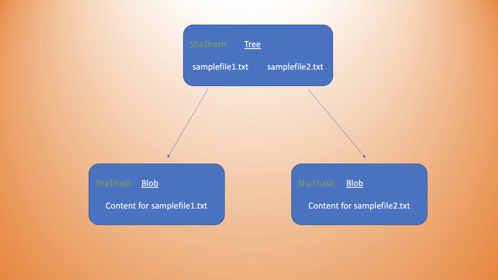If you can see in this current example, there is a tree object on the top which is denoted as a parent for two child objects, a blob on the left side and a blob on the right side. This tree object will contain a hash pointer, or a hash, for each different object that is its child node. In this case the tree will have one hash for this object and another hash for this other object. This is how it all works.